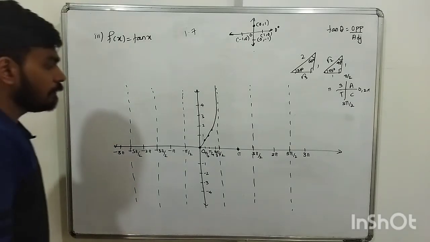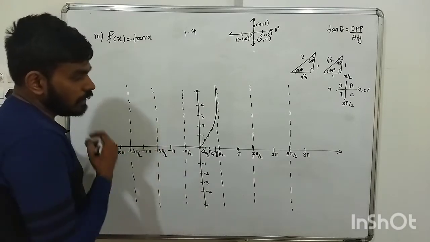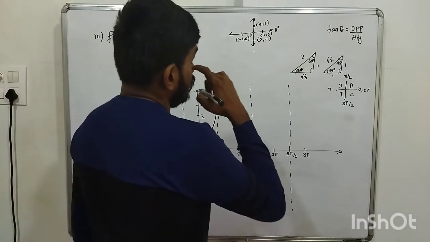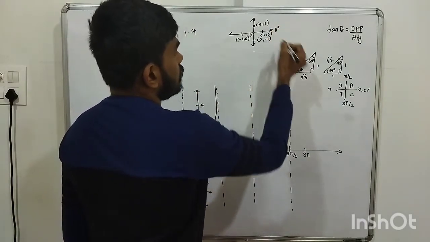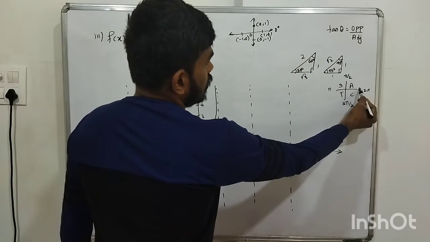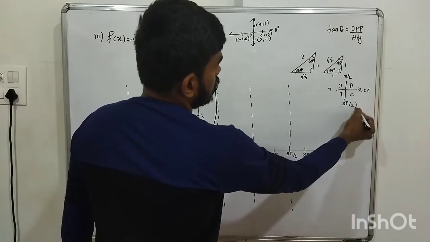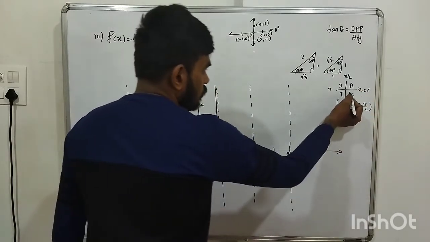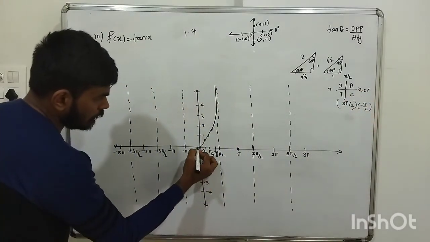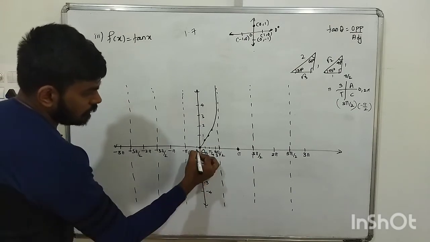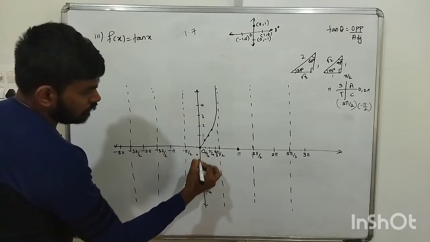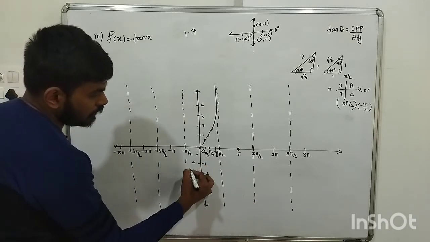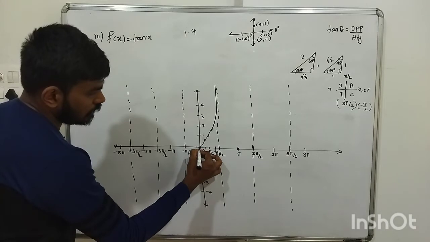Similarly, down here, tan of minus pi by 6 will be here, because tan of minus theta is the same as minus tan theta. Tan of minus pi by 2 will be here, minus pi by 2, correct? Clockwise if we go, this is minus pi by 2, and tan will be negative. Tan of minus pi by 6 will be somewhere here, okay? And tan of minus pi by 4 is exactly minus 1. And tan of minus pi by 3 is somewhere here. Understood, no? So we get a curve like this.